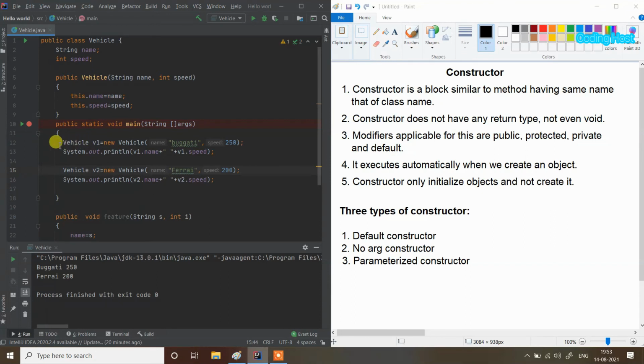So you can see we are creating and initializing our object in a single line, and it will save our coding and time. Now you can see that we don't have to write more lines of code, and that's how it will increase the efficiency of the program, and we can also save our time. Now let's run the program.